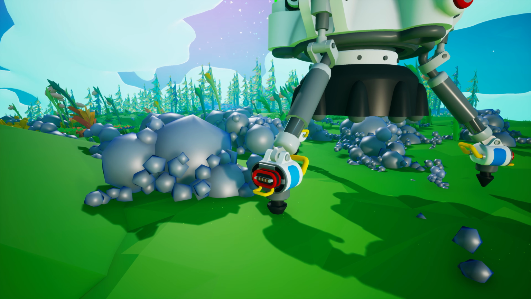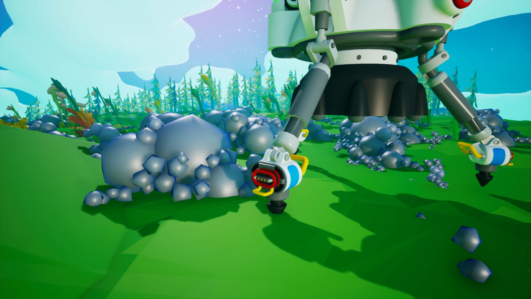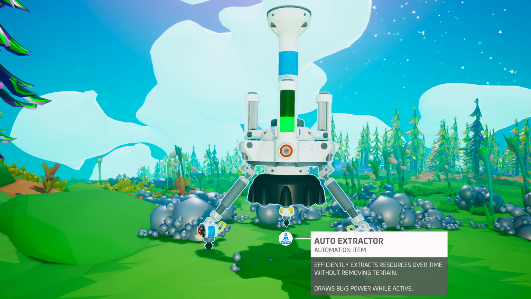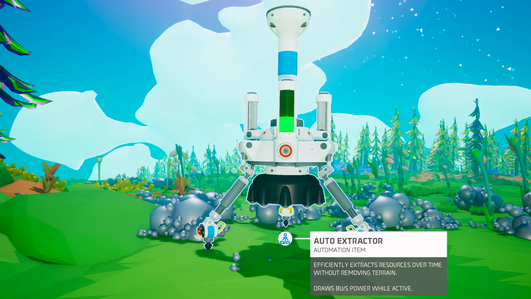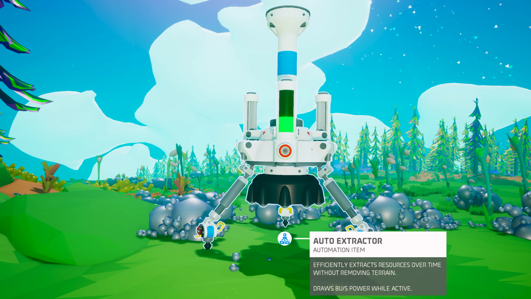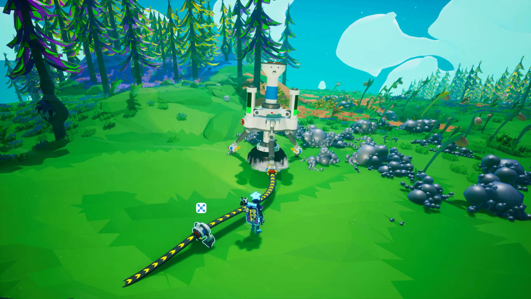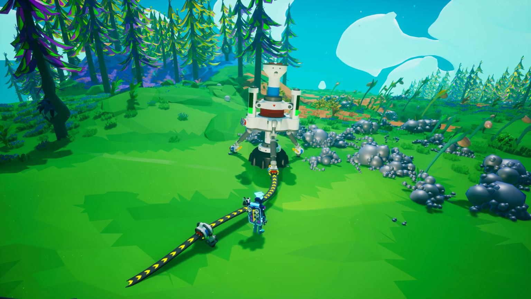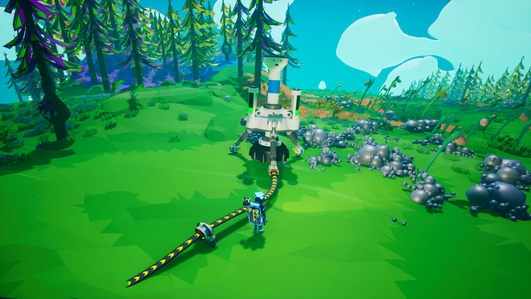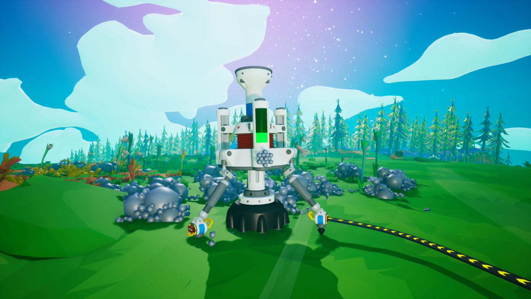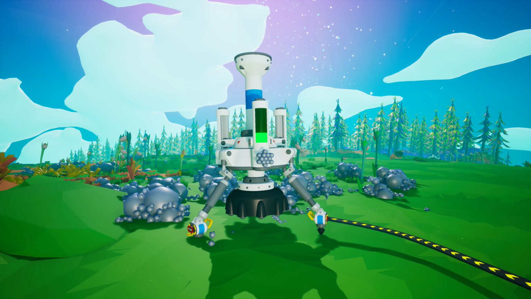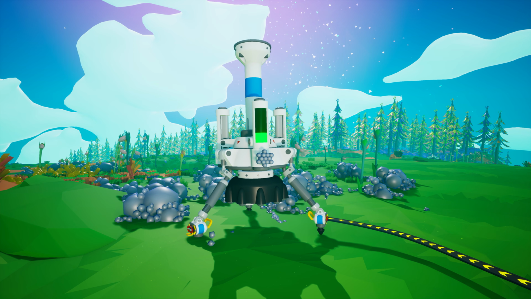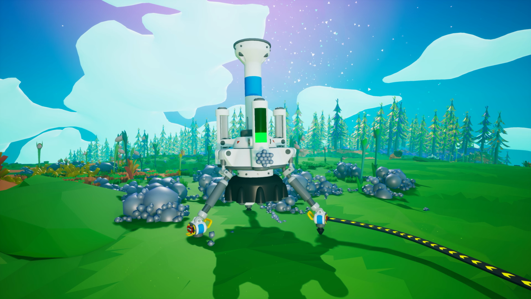Each of its 3 legs has a power cable plug to connect it to power. When active, an auto extractor will consume power at a rate of 8 units per second. You must manually turn it on after connecting it to your power network in order for it to begin extracting a resource. In normal usage, and when fully powered, an auto extractor will require roughly 55.5 seconds to extract a